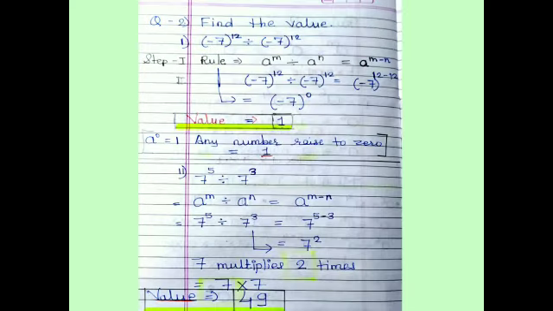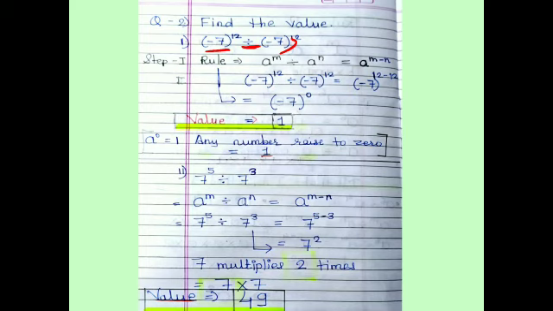Now find the value. Again students, it is the same. You have to just find the value. One additional step is there. Nothing is different, all things are the same. Here you can see the division sign is there with the common base. Minus 7 is the common base. Yes, so the division sign is there.